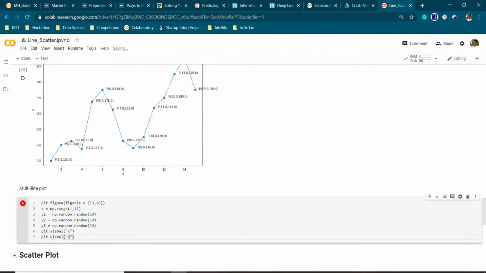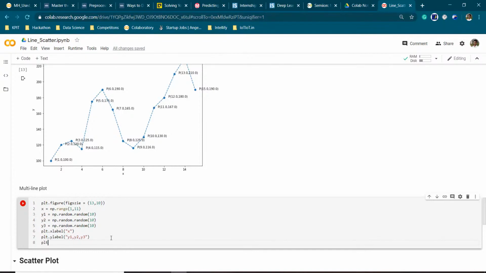This will be our y label. In the y label we are going to represent y1, y2, y3. plt.title. So we are representing multiple line plots.